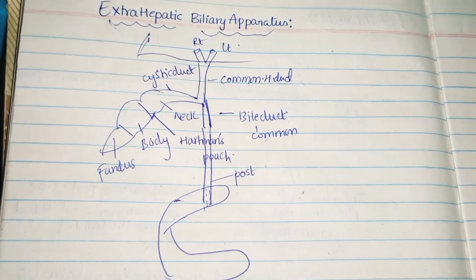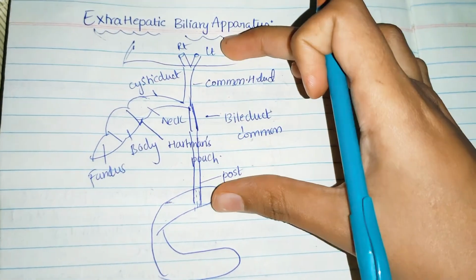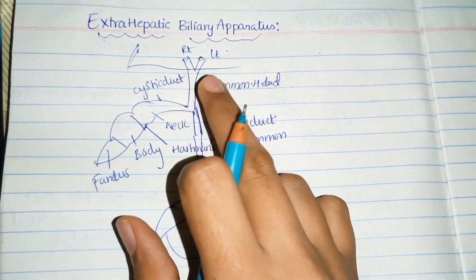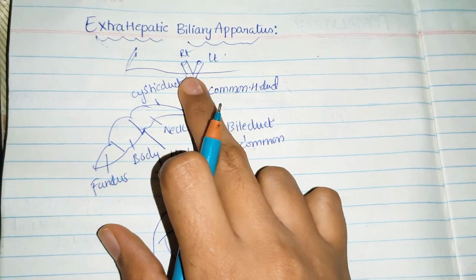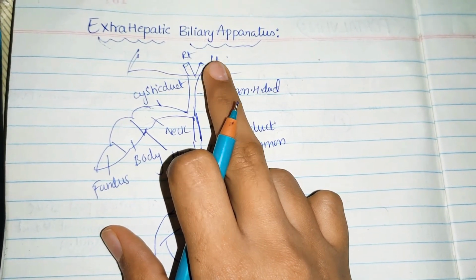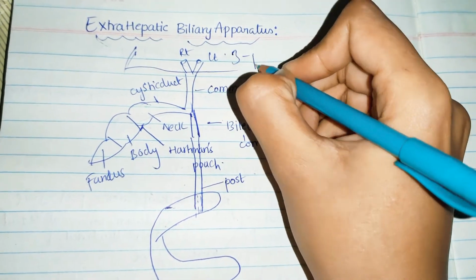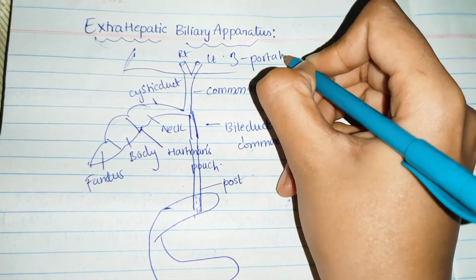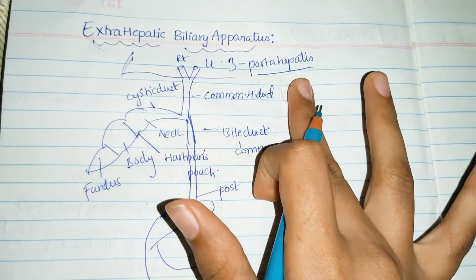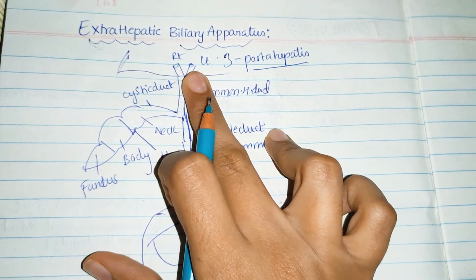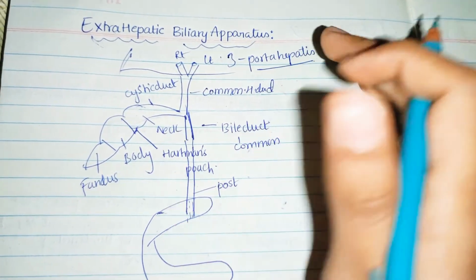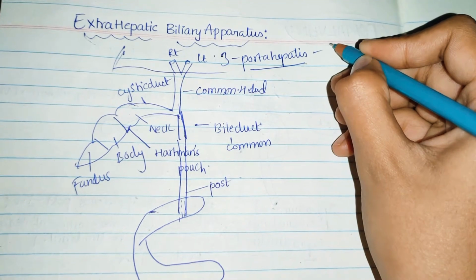One more thing, this is just a basic idea. Right and left hepatic ducts join together to form the common hepatic duct. These right and left hepatic ducts emerge from the porta hepatis. If you remember, the porta hepatis is present on the posterior surface of the liver. So in the porta hepatis the right and left hepatic ducts are emerging, and let us see the arrangement of structures in the porta hepatis from posterior to anterior side.